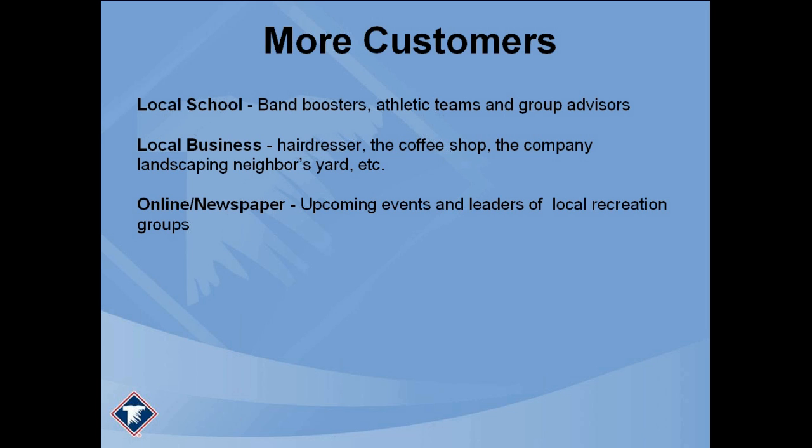And then, of course, online newspapers display upcoming events. Upcoming events are another fantastic way to get sales. If there's a festival or a carnival or some kind of activity in your city coming up, then that's a fantastic opportunity for you to make shirts for this carnival or festival or what have you. Somebody's got to make shirts for it after all. Why not you? And these are just ideas. There's all sorts of places customers can come from, but these are some ideas as to where you can get